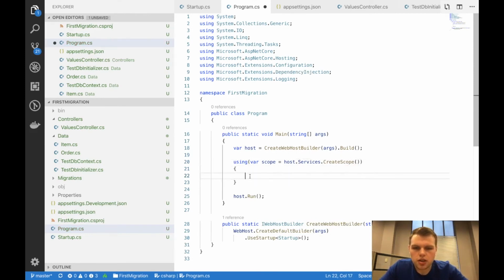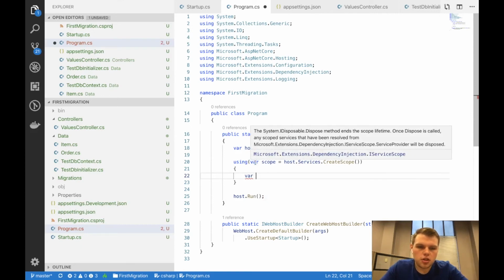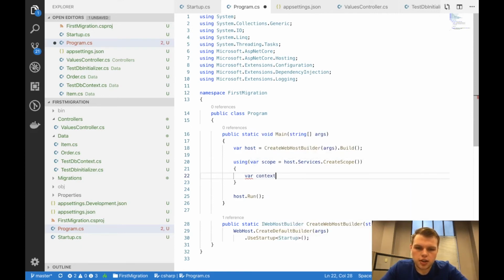What we're going to say is we're going to grab our service because this gave us a service scope. So we're going to say var context equals scope dot get service, and we're going to say get, no, this should be service provider, and then we get service. We're going to say get test DB context,